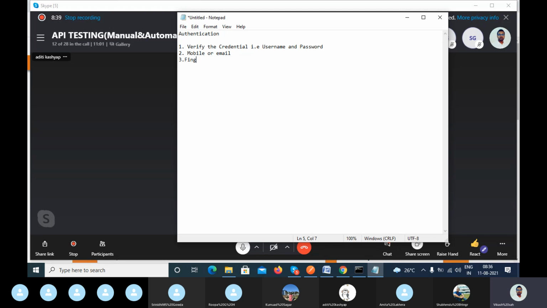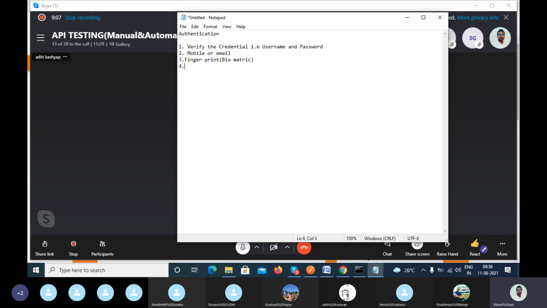When it verifies your thumbprint, and if it is valid, then your gate will open. So fingerprint is one option, something like biometric.